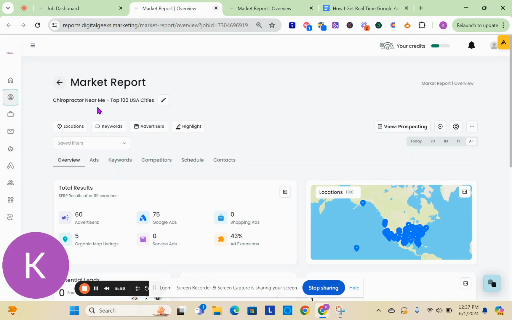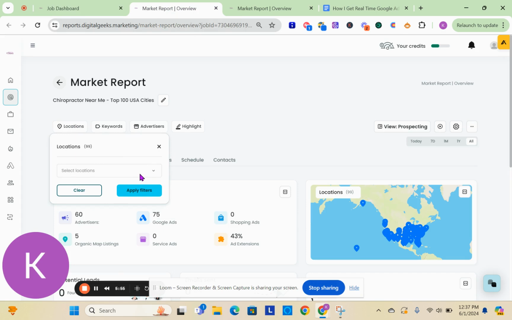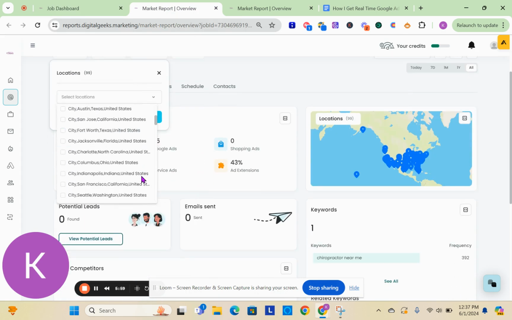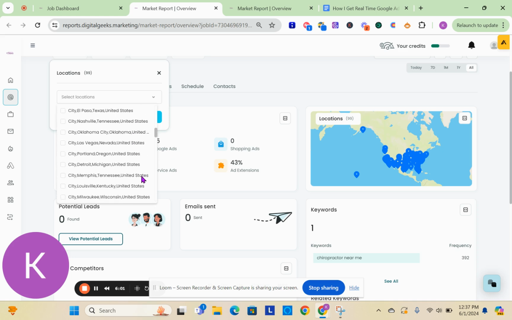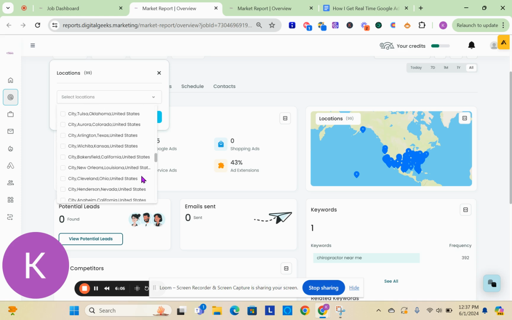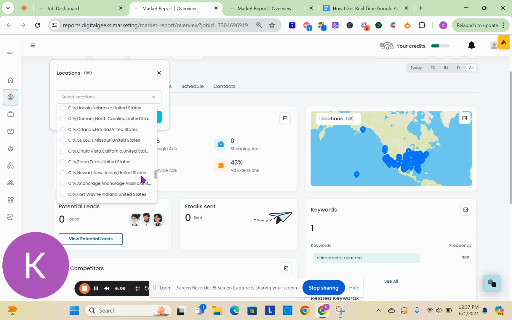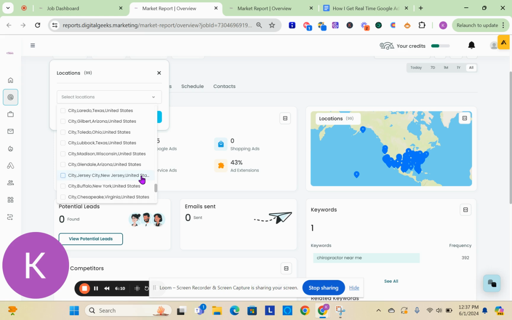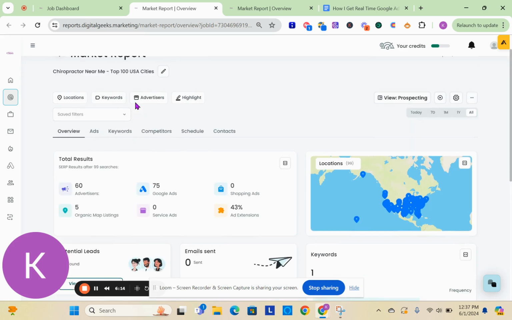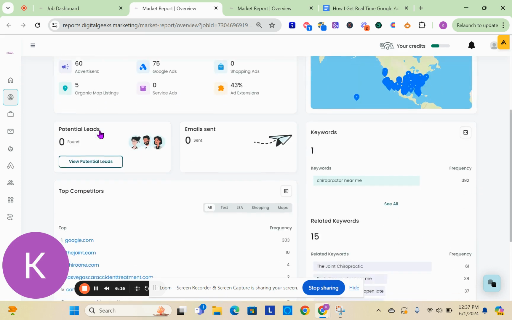So, chiropractor near me in the top 100 cities in the USA. If you look at the city list, these are all the cities that the ads are pulling for. So whenever you hear me reference top 100, it is these locations. All right, before I start to do any of the filtering, I will show you on this screen the